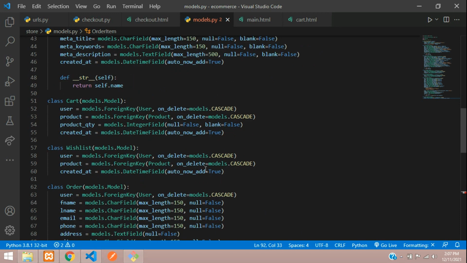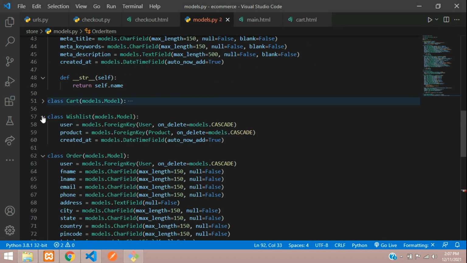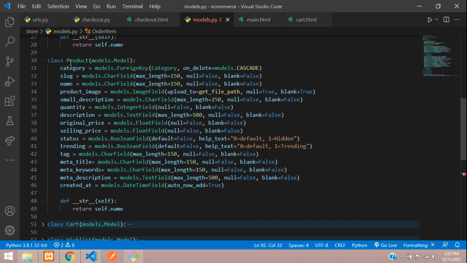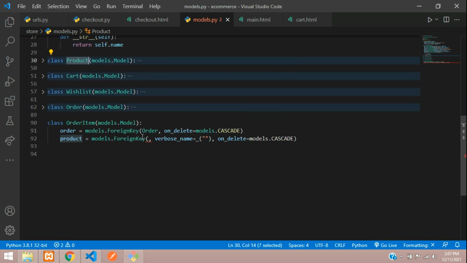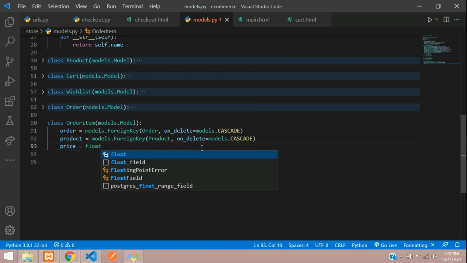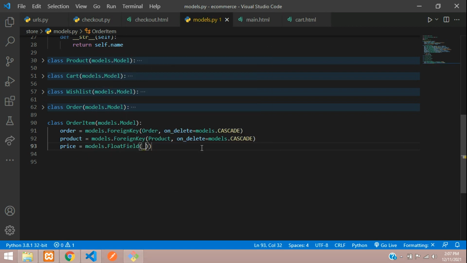So just scroll top, just fold this, here it is, copy that, and here paste that product model name, and then this thing we're not keeping over here, on_delete models.CASCADE, and then we will just store the price of that product when the product was purchased. So this can be a float field, so just keep it FloatField, and just say null=False,